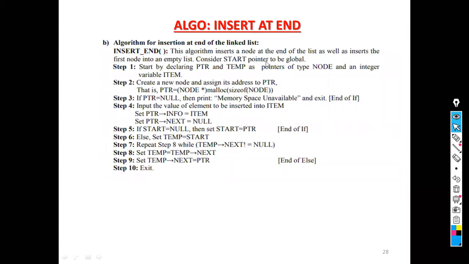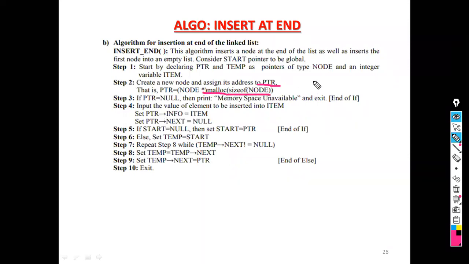Yesterday I already discussed how to insert a node at the end position. Just to revise: when you are going to do the insert operation, first allocate memory for the new node. Let the new node equal ptr. Now you have to assign memory by the malloc function.